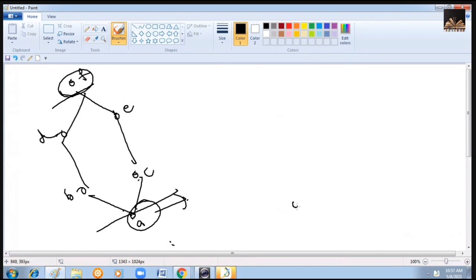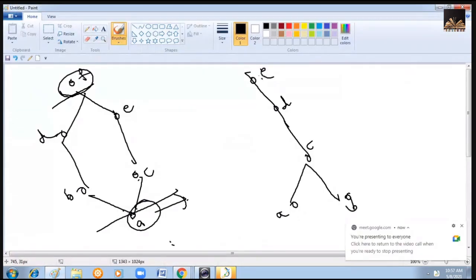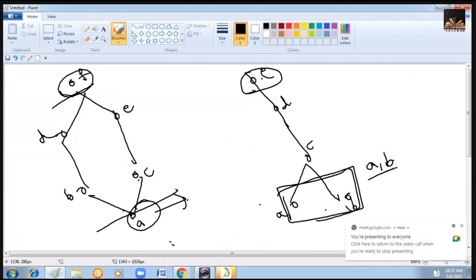Suppose you have a hash diagram like A, B, C, D, and E. In this case, tell me what is the greatest element and what is the least element. So here the greatest element is E. But when you observe the lowest level, you have two elements, A and B. Therefore, we cannot say which is the least element. Therefore, there is no least element in this diagram, but the greatest element is E.